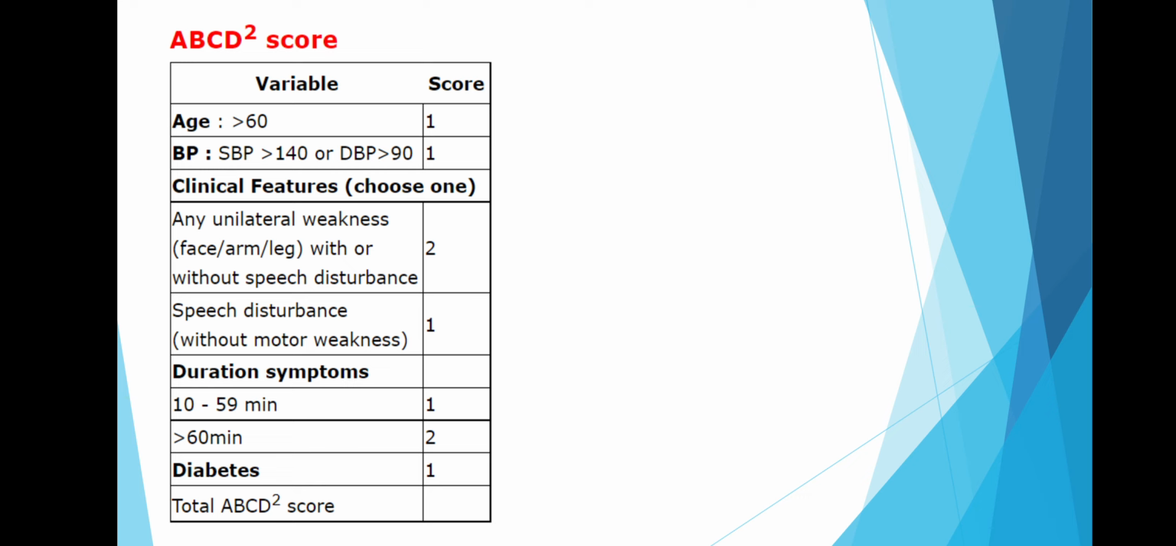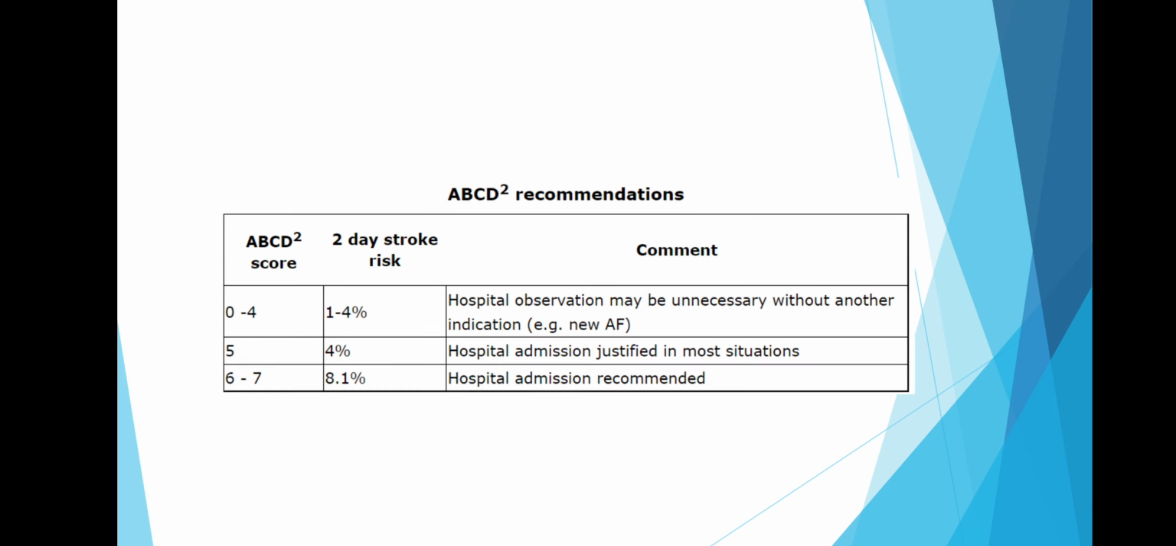So now we count our total. If the score is 0 to 4, the 2-day stroke risk is 1 to 4%. For such patients, hospital observation may be unnecessary without another indication, such as if they have atrial fibrillation, maybe we might admit them for observation. However, if it's 0 to 4, they don't need hospital observation. Then if the score is 5, the 2-day stroke risk is 4%. So hospital admission is usually justified in most situations. Then if they have a score of 6 to 7, the 2-day stroke risk is 8.1% and hospital admission is